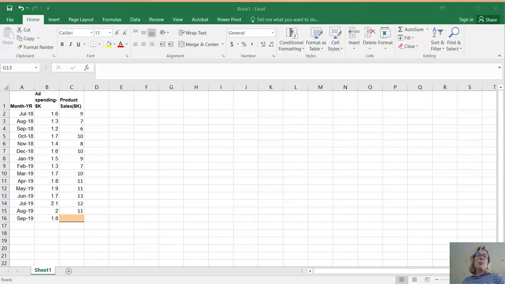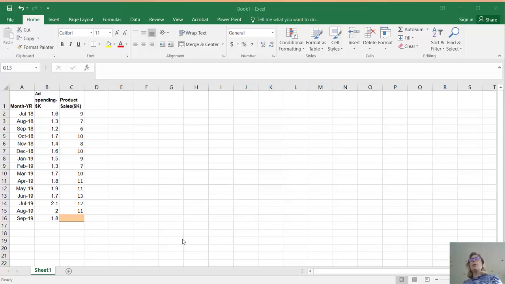I've been talking in all the previous videos about how we're going to use Excel to find the slope and the intercept and r squared. Well, that's what we're going to do now. So we have some data here, and if we take a look at this data, we can see that we have monthly sales data, some sort of product, thousands of dollars of sales, and we also have some ad spending.